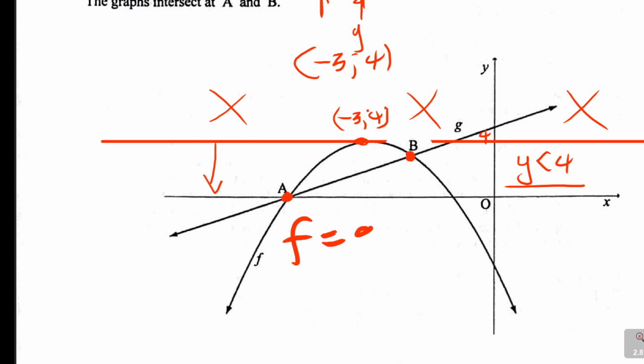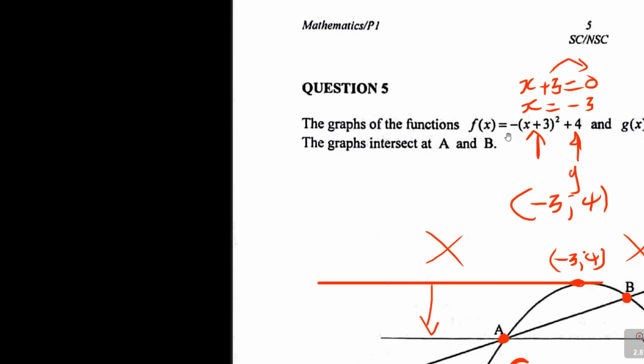f is equal to g. The graph of f is equal to the graph of g. That's what the symbol means. So you take the graph of f, which is f of x, and at that point of intersection it is equal to g of x. Those two graphs are equal. So it means negative bracket x plus 3 squared